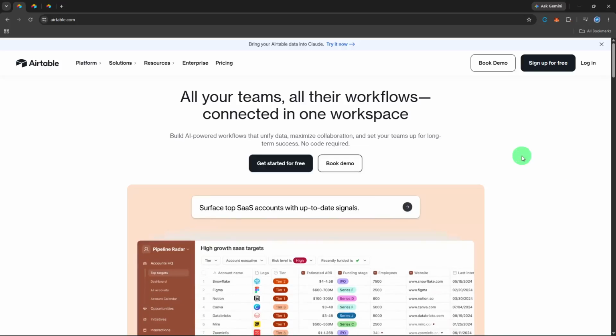Let me show you the fastest way to add a date field in Airtable and manage your deadlines, schedules, and